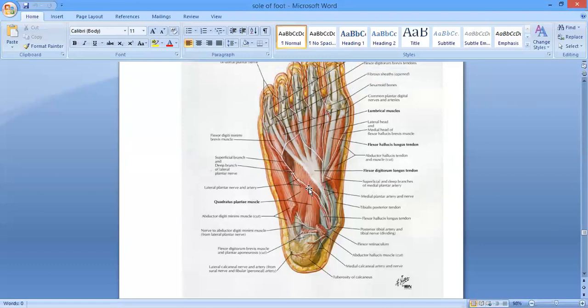दो मसल्स हैं बेटा और दो टेंडन. I told you the two intrinsic muscles and two extrinsic muscles. Extrinsic. The tendons of the two extrinsic muscles. Is it clear? So yes, the intrinsic one, the first one is that one, the quadrate shape, that is called as a quadratus plantae or the flexor accessorius, and then the second one, that is the lumbrical muscles. You can see 1, 2, 3 and 4 lumbrical muscles.